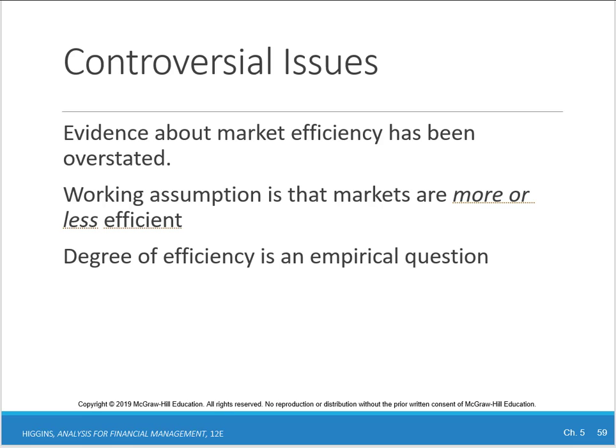emphasizing efficiency in general. Well, what we do know is that the marketplace is fairly efficient, but it's not perfect. So that's where the second statement comes in. It says that markets are more or less efficient. How efficient is a research question. So what does that mean for management? Well, if the market is fairly efficient, then the price management sees is the right price. But let's think about this in a little bit more detail.